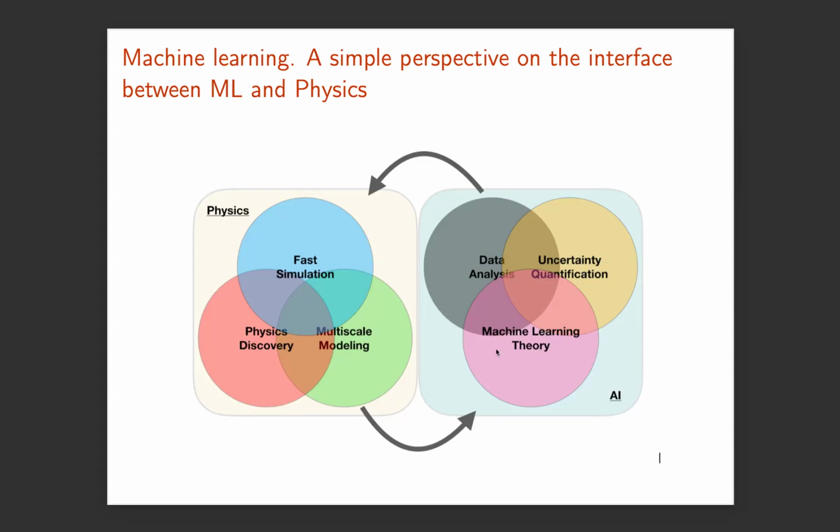And so the machine learning theory we've been dealing with, together with the data analysis specific cases, are clearly linked often with the applications of the physical sciences. I should actually not put physics here, but I should put physical sciences, but this is a figure which I didn't change. So discoveries, fast simulations, and multi-scale modelings are common denominators for many of the things which we end up doing.